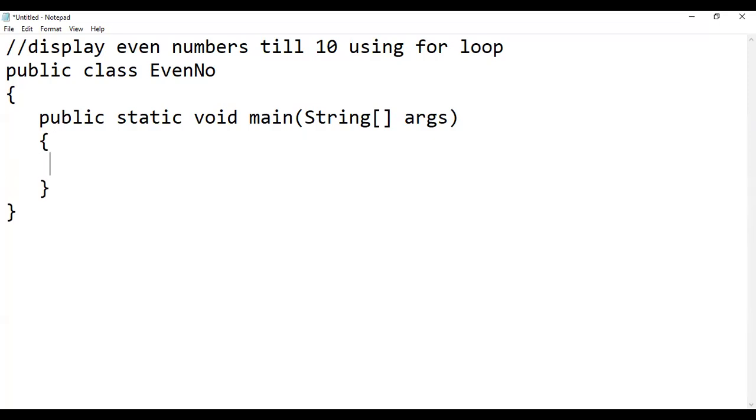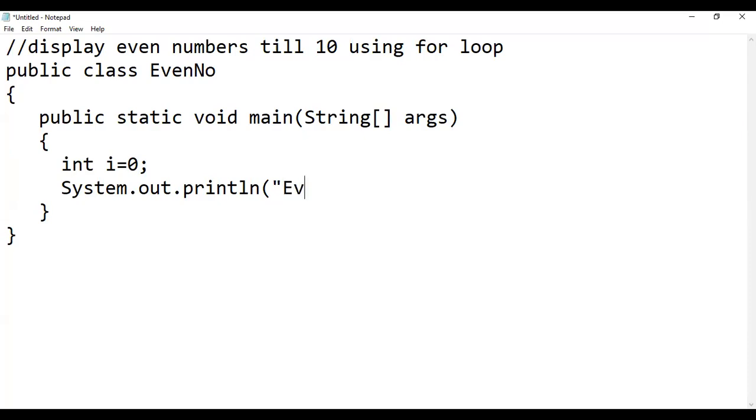So firstly, we will initialize a variable like I equals 0. Then we just display a message, so we use System.out.println, like even numbers.